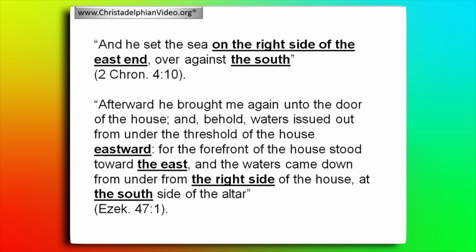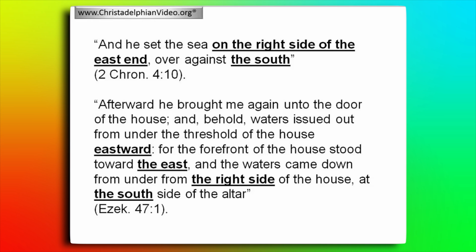"Afterward he brought me again unto the door of the house, and behold, waters issued out from under the threshold of the house eastward. For the forefront of the house stood toward the east, and the waters came down from under the right side of the house, at the south side of the altar." This link shows that the molten sea of Solomon's temple in some way foreshadows the temple and its waters in Ezekiel's prophecy. But before considering in detail the molten sea in relation to the design of the temple, we need